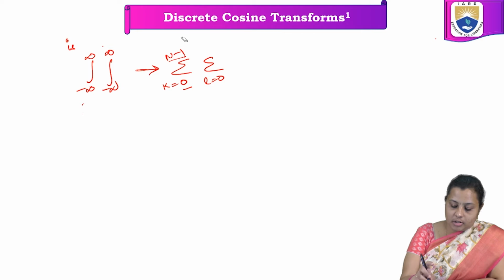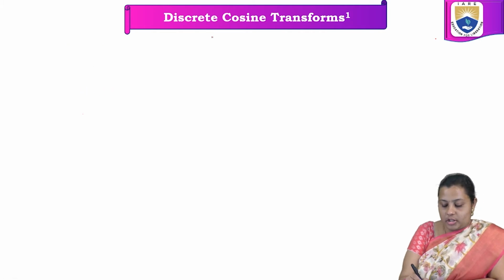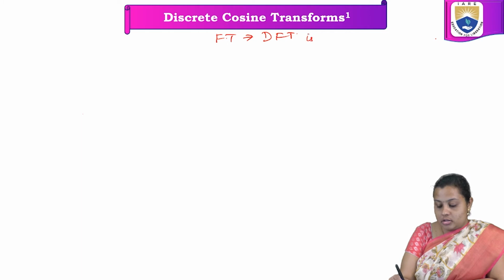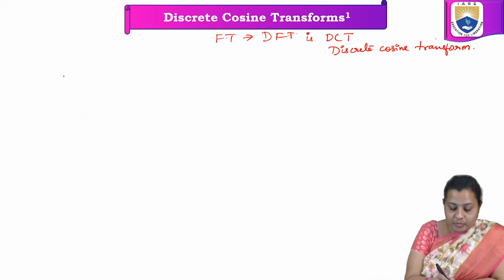So my other orthogonal transformation technique is the discrete cosine transform. My other transformation technique apart from the Fourier transform, which is sometimes called the discrete Fourier transform, is DCT, which is the discrete cosine transform, where my coefficient matrix